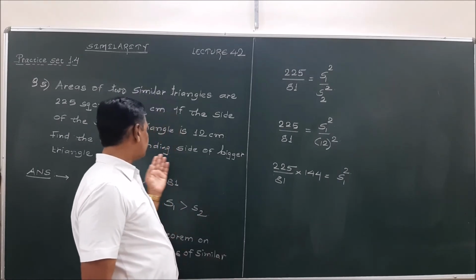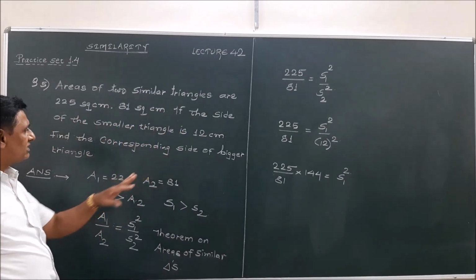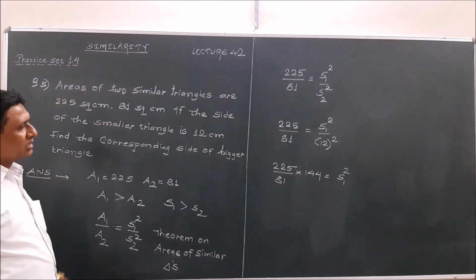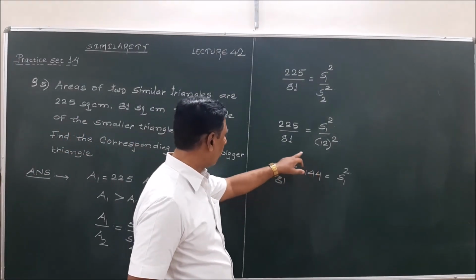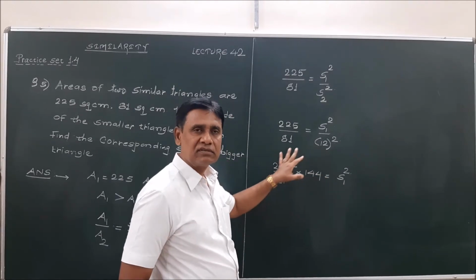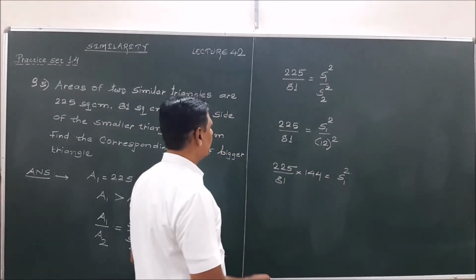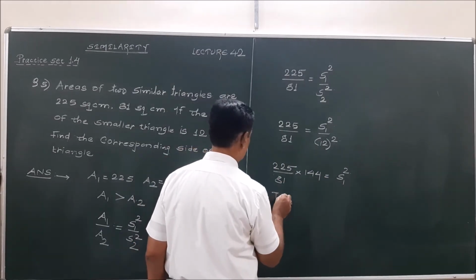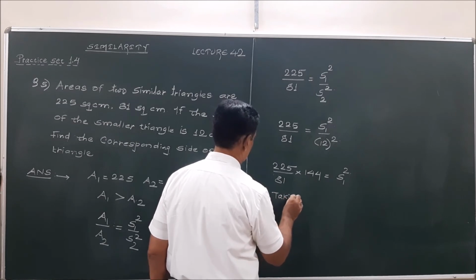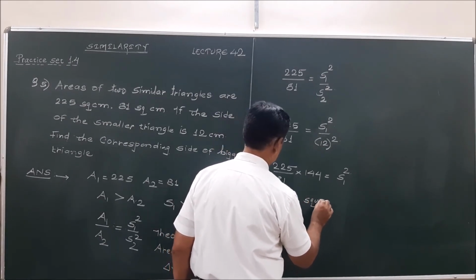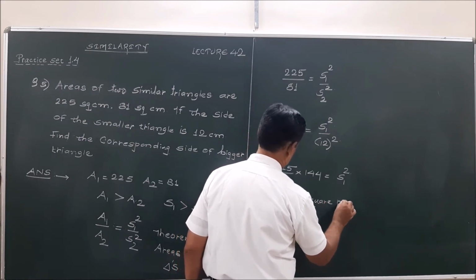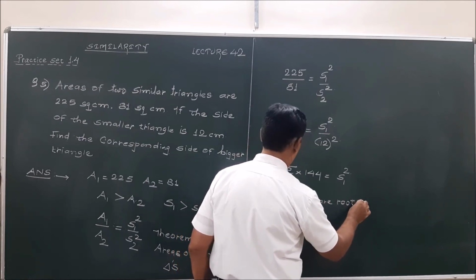Now, question is find out the corresponding side of the bigger triangle. So I'll take square root from both sides. The reason being that these all are square numbers. So taking the square root from both sides,